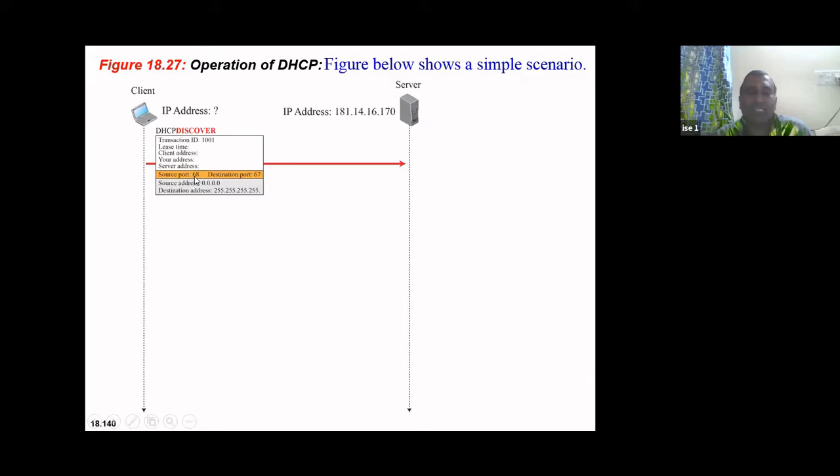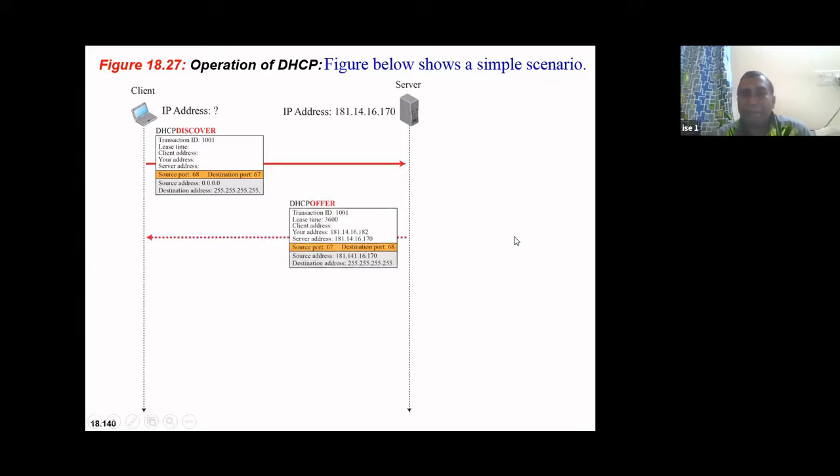And source port 68, that is the sending port, is sending via port 68, and this DHCP server is receiving the request via port 67. Now source address, since it does not know its address, it has given the IP address as 0.0.0.0, and destination address, it is giving 255.255.255.255, indicating that this is broadcast. You got the idea? So this message, since the source address it does not know, it sends to all the servers which are present nearby.